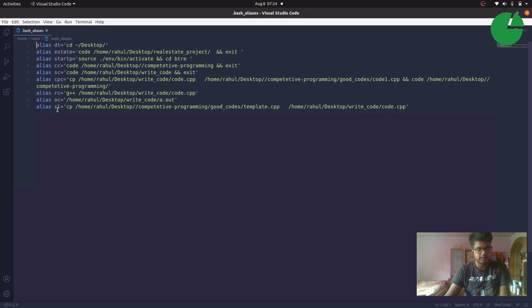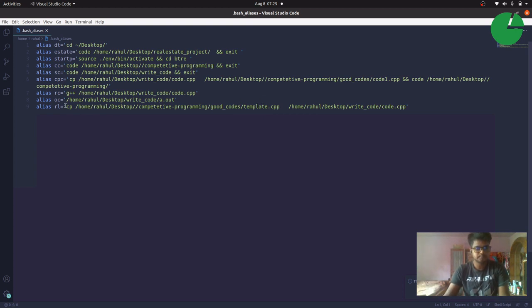Now I have used RL. RL is used for reloading, so I have placed RL in the sense of reload. What I do in the RL command is I have made a standard template that I am going to use for every code. After writing a lot of code in a file, if I want to write a new code or start from scratch, then I need to type RL, which will reload my original template. I am going to explain this in just a few seconds.